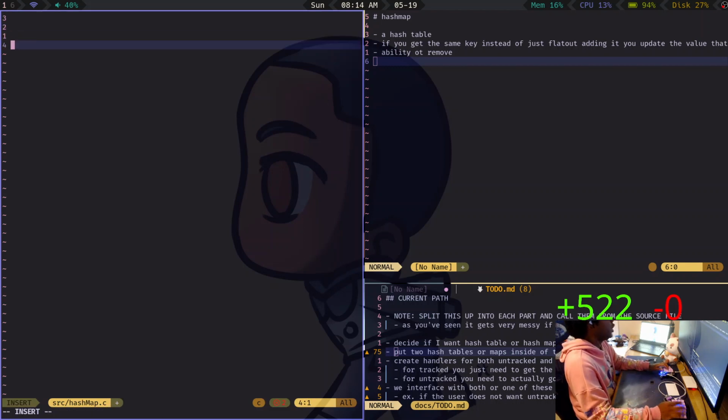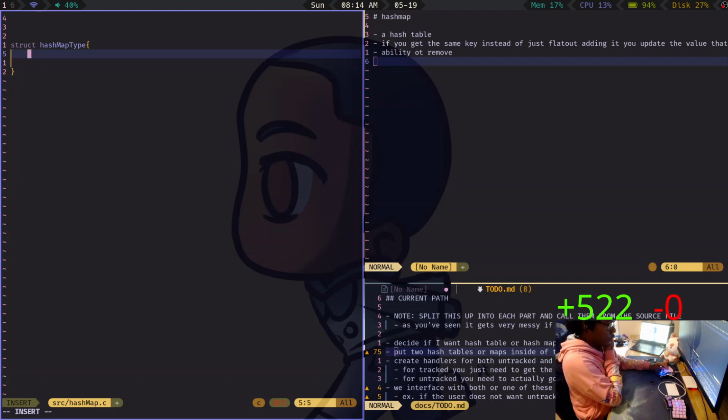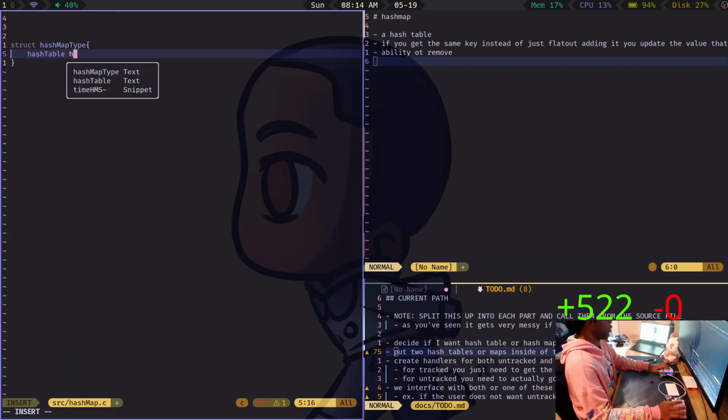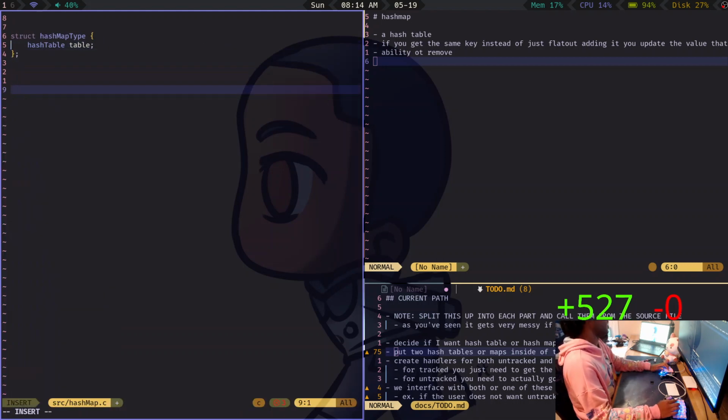And then we're going to say the hash map, it's really just going to be a hash map or hash table, right? I think you interface that a certain way. Yeah. All right, so then we're gonna have